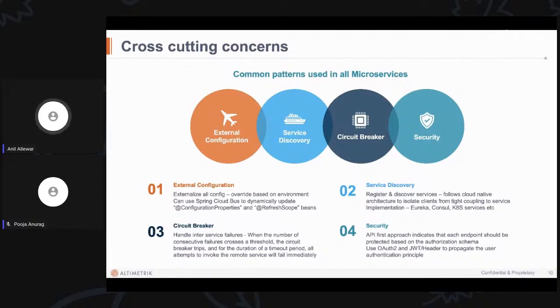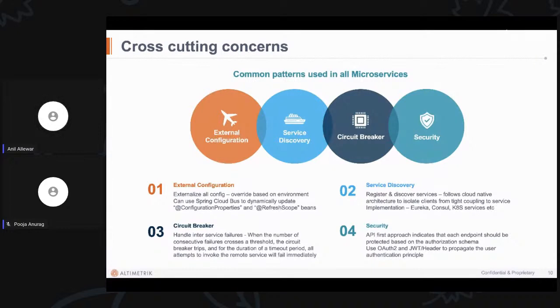Then similarly, you have circuit breakers. So typically when services call each other, they might break, right? And this failure cascades, right? So what you really want is like the circuit breaker in your electricity board. When your failure crosses a threshold, that circuit just trips, right? So the circuit breaker says, I'm no longer going to send this request to my